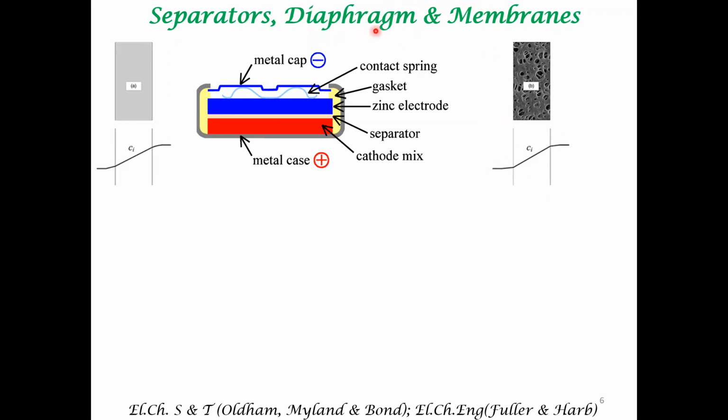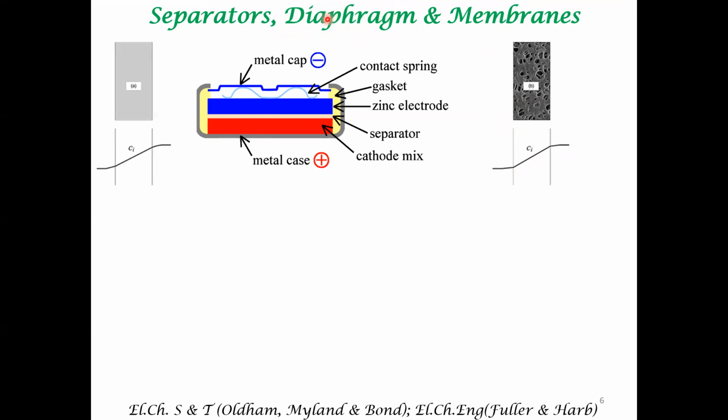Okay, so that is the difference between a separator and a diaphragm. So sometimes the two compartments, the anode compartment and the cathode compartment, might be very different, and you use a diaphragm to separate the two compartments. For example, such kind of